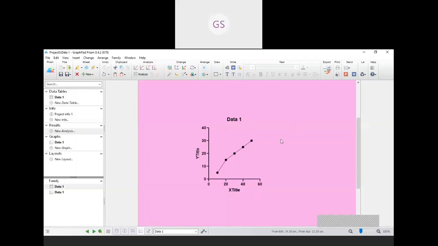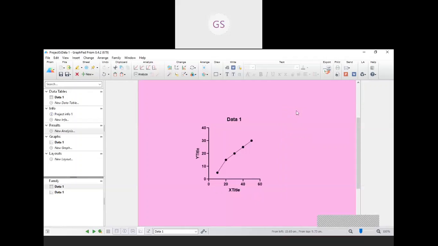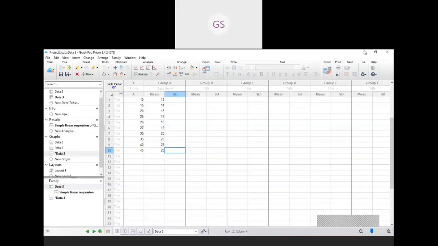If you want to copy and paste, I will copy the graph and paste this graph in my Microsoft Word. I will open Microsoft Word and I can paste that graph also. I will show you. Wait.